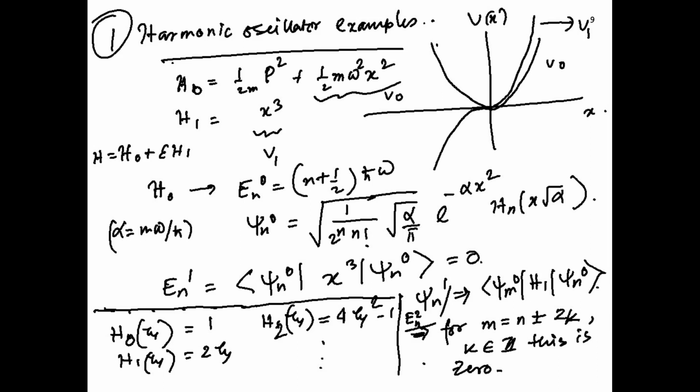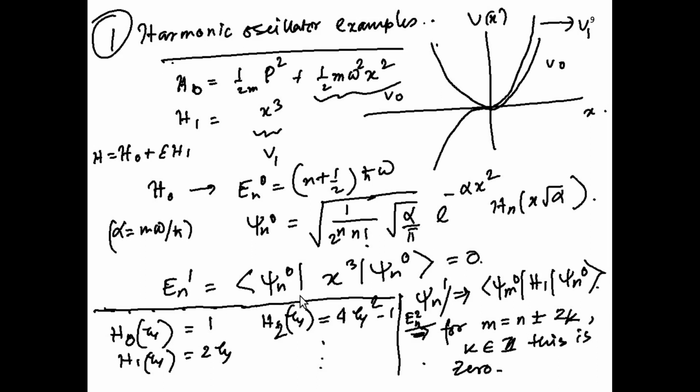So the H naught is simply the harmonic oscillator which we have solved many times, and the perturbation is an x cube function. If I plot it, it looks like this. It is not an even function like the original potential, and we will see how that affects the corrections. So this is the problem I want to solve as we discussed before. The H naught solution is simply (n plus half) h-bar omega, and psi n0 are the Hermite polynomial wave functions.